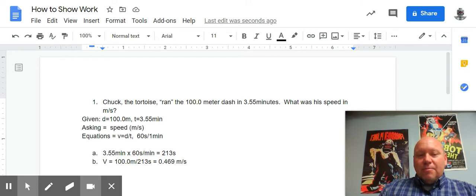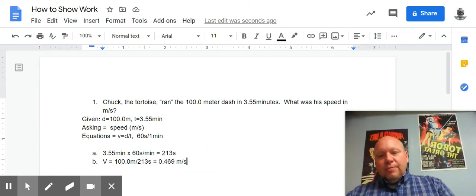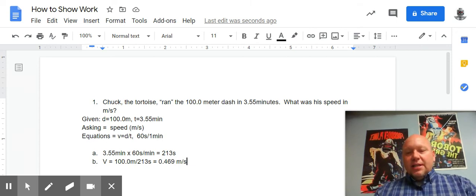That's about half a meter per second. That's about half your height per second. It's pretty fast for a tortoise, but it's definitely slow. It's not ridiculously fast. Okay, so that sounds good. All right, 0.469 meters per second. Now, in a word problem, because sometimes you may have several steps like this, what I like you to do is